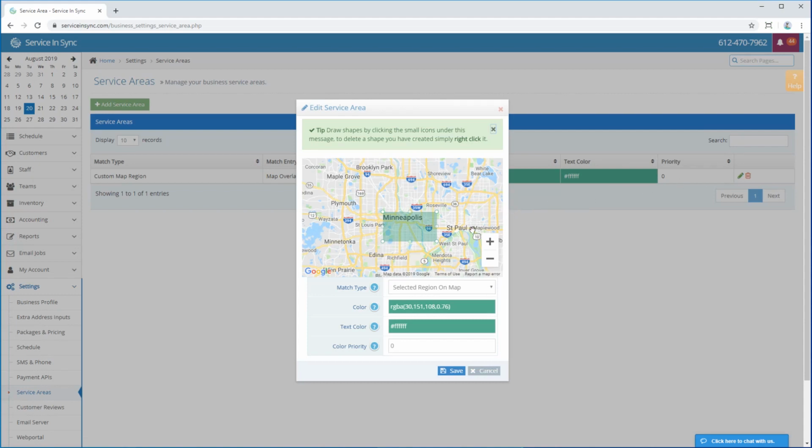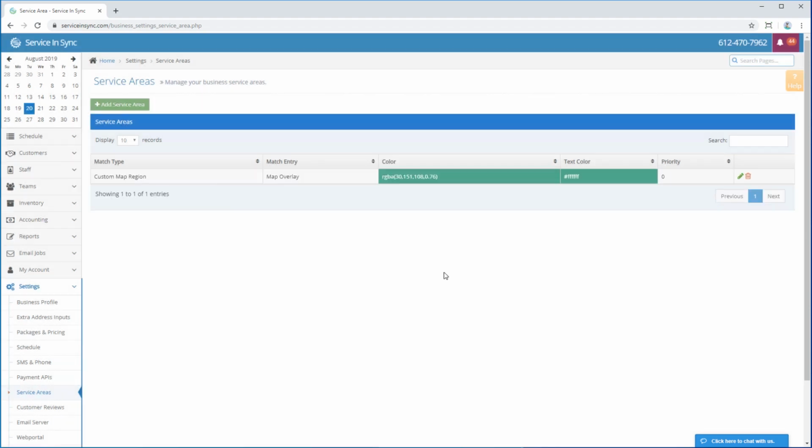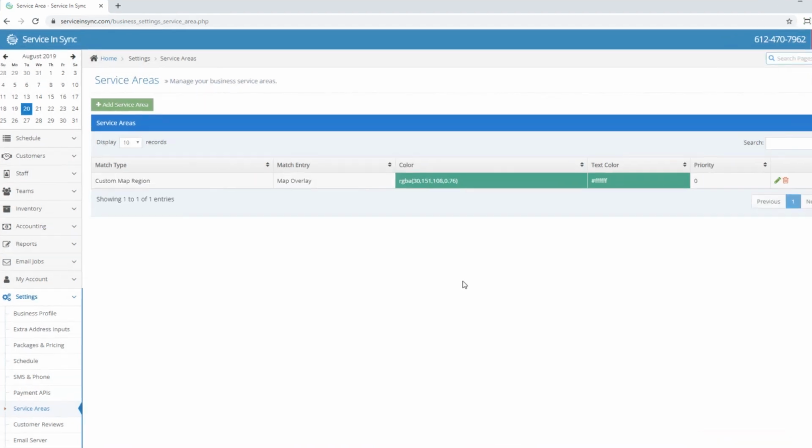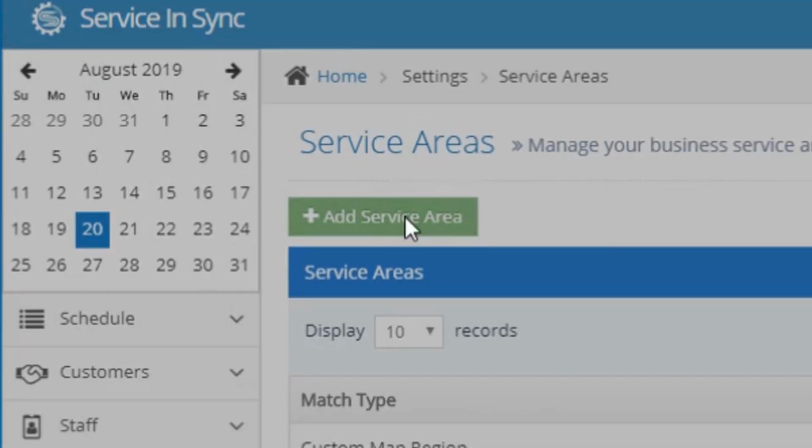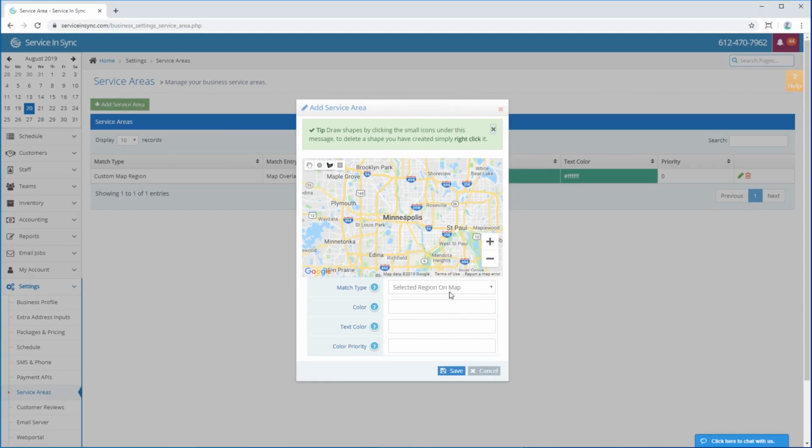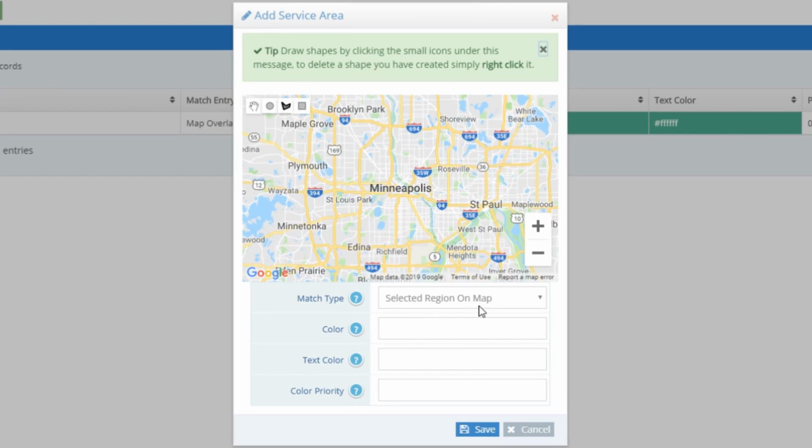If you don't have any yet in the list, that's fine, you can add one now. So if you want to add a new service area, then click the Add Service Area button. This will bring up the Add or Edit Service Area menu. First, it will be important to figure out what match type you will be using, so let me explain each